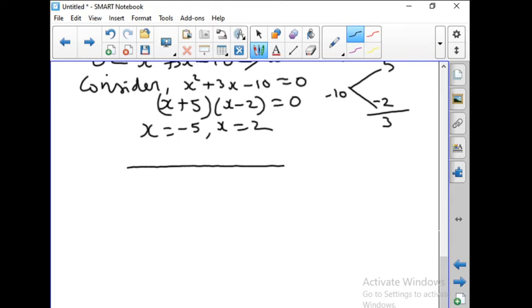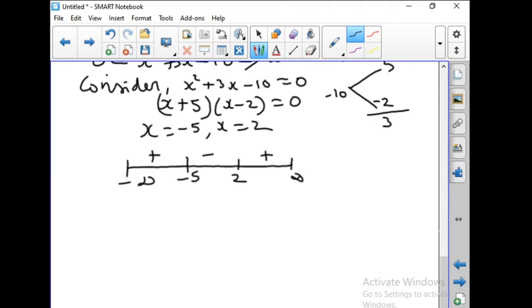Put it in the number line. So this is minus infinity and this is plus infinity. Minus 5 first, then 2. So here what you have? Plus, minus and plus. Okay. So now see here, the question is root of x plus 14 is less than x plus 2. So in which interval is it less than? It is negative in minus 5 comma 2. Okay. We have got it as negative.